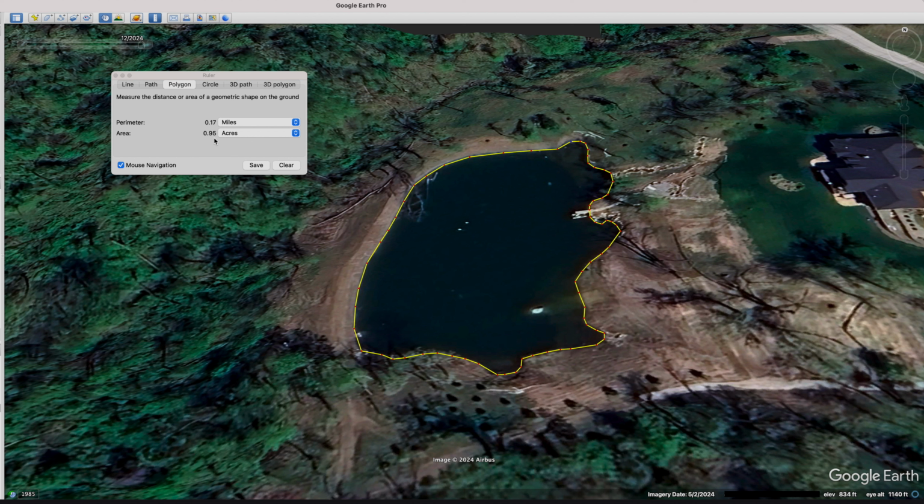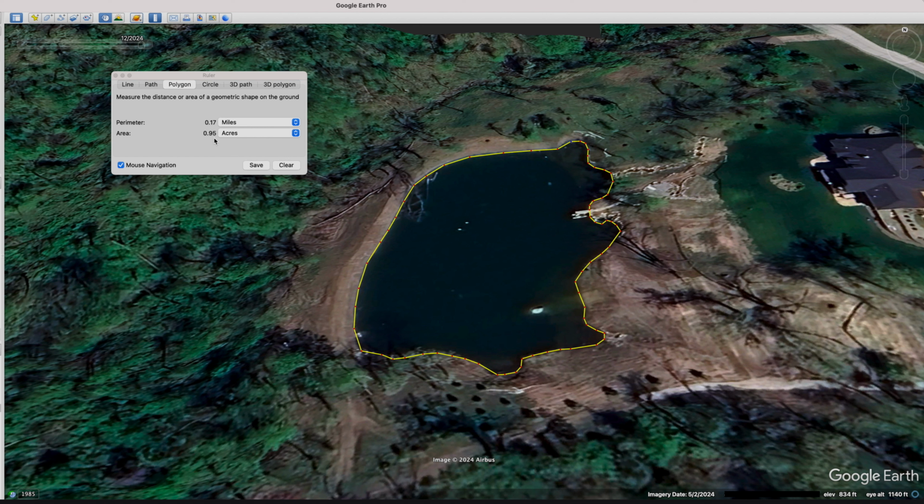This is useful for a number of things, not just to tell your friends how big your pond is, but if you're needing to treat your water with chemical treatment for any kind of vegetation growth, knowing how many acres of surface area your pond is helpful to then be able to know how many acre-feet you have in volume of water,